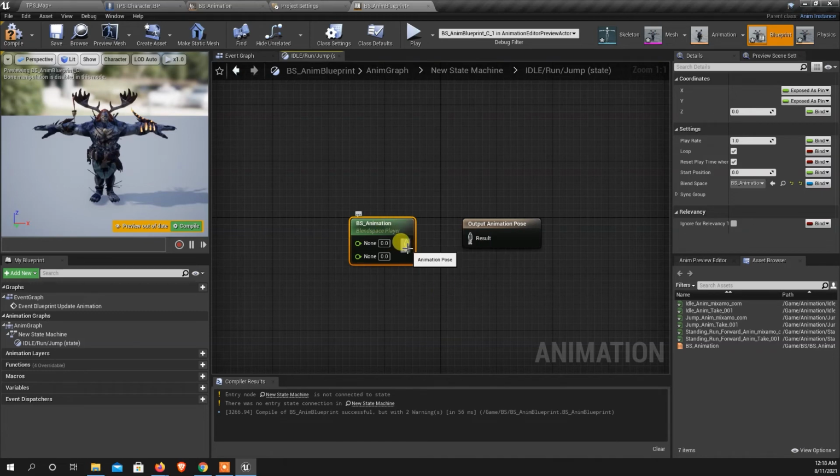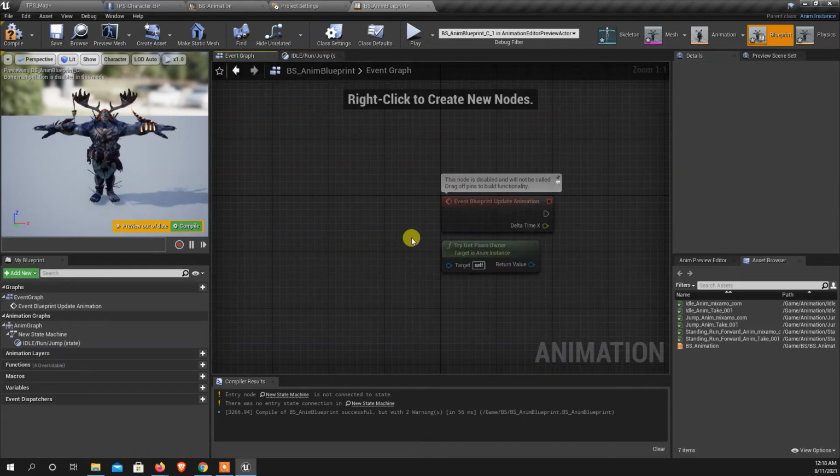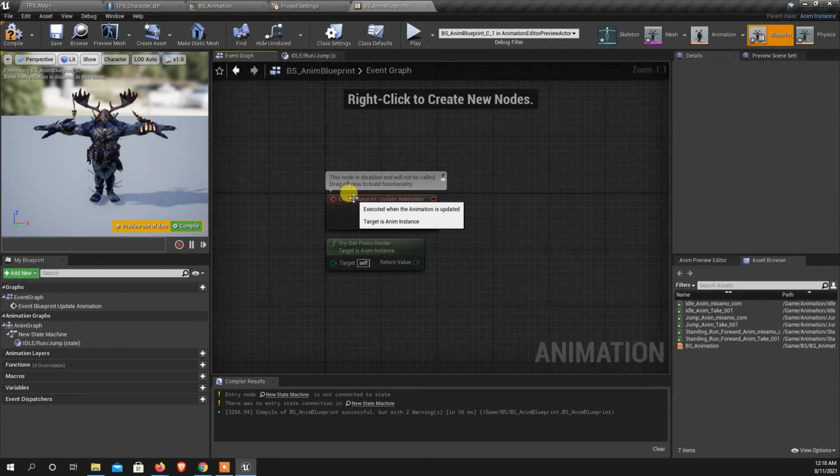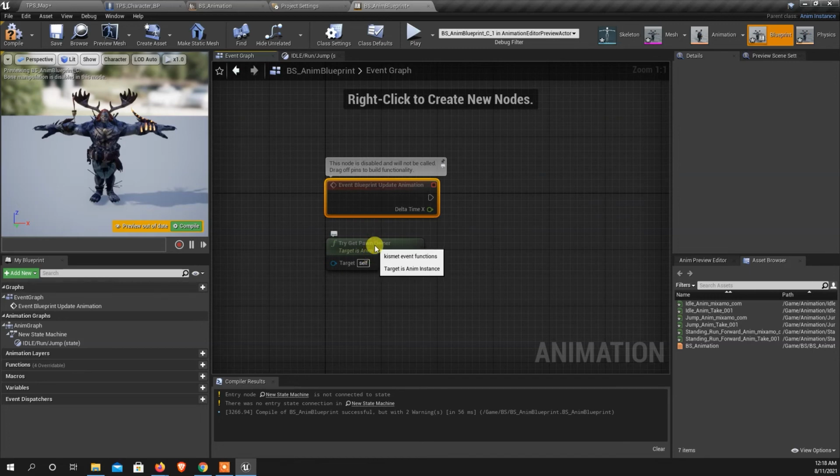Before this I have to do a few things inside this event graph. Here I have to add the functions I have to do. So what will the function be? See,